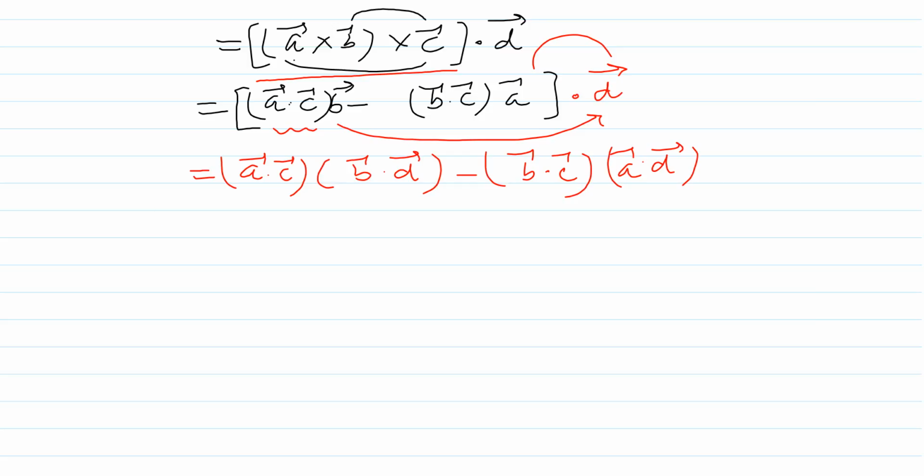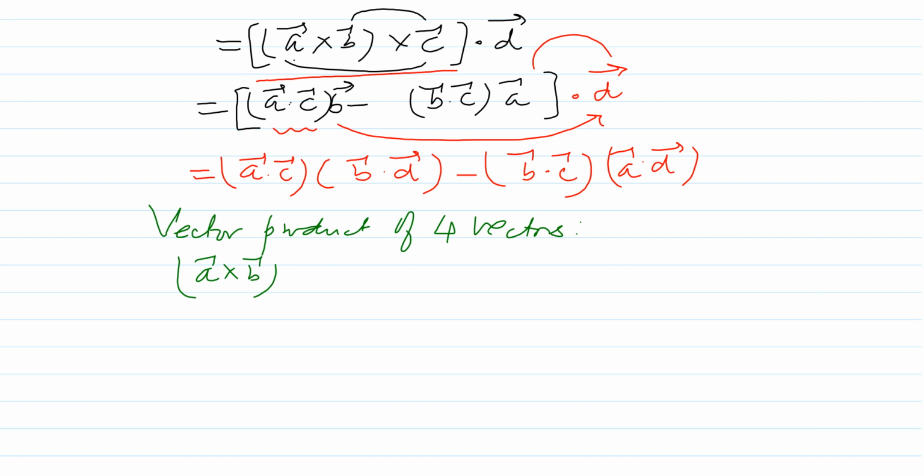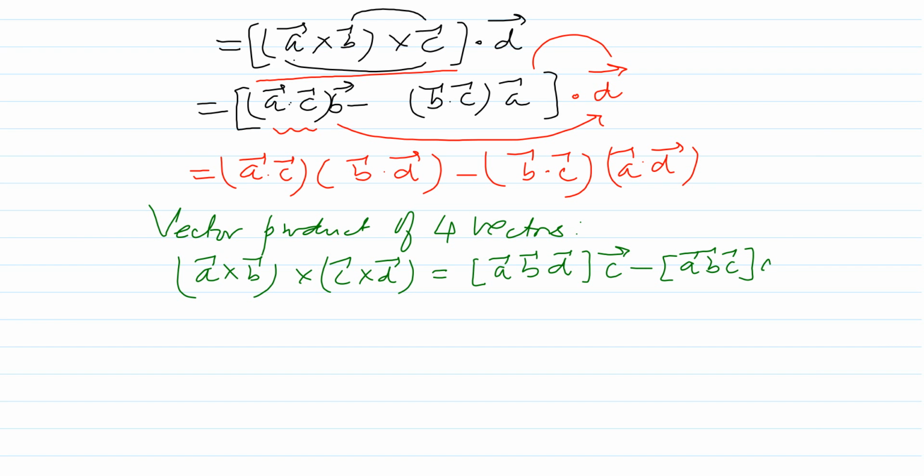So the next topic is the vector product of four vectors. So suppose we have the four vectors A, B, C and D. This cross product can be written in two ways. The first is the scalar triple product of ABD multiplied by C minus the scalar triple product of ABC multiplied by the